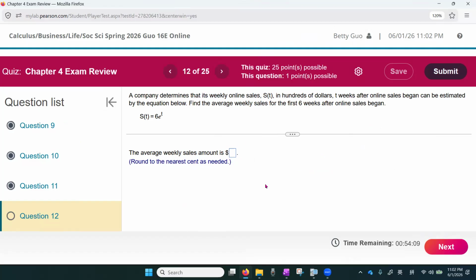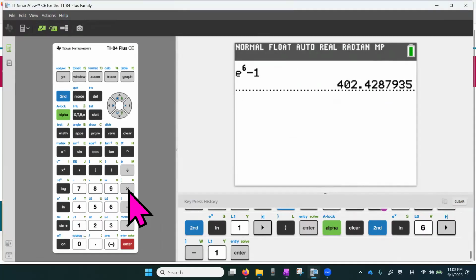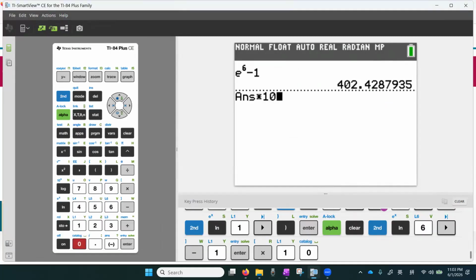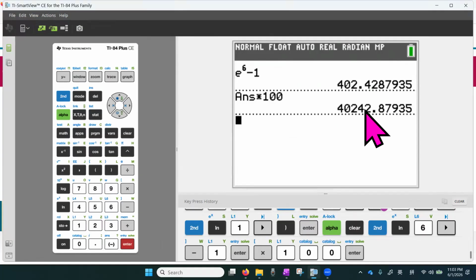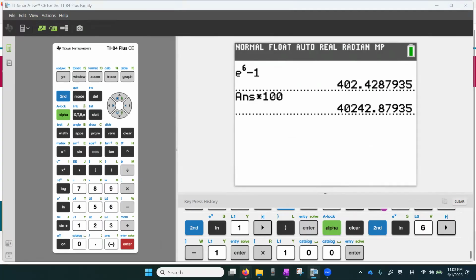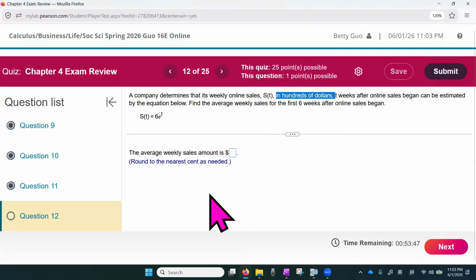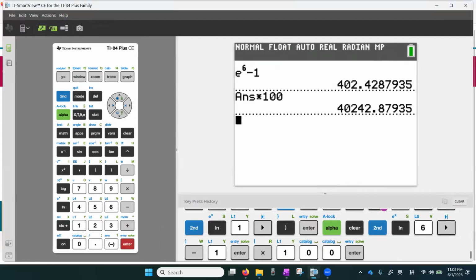Dollars. And in this question, we need to be very careful. We have to multiply by 100 here. You should see similar homework assignments, and you should do this. Multiply by 100. Nearest cent. So it is